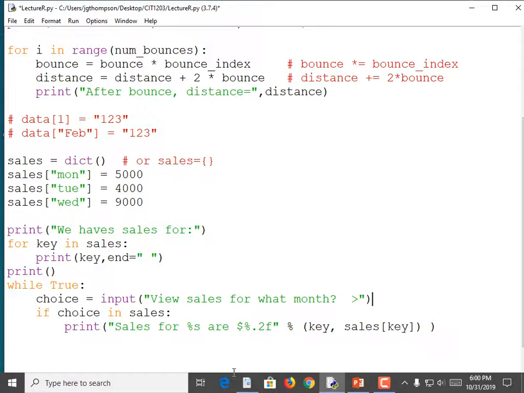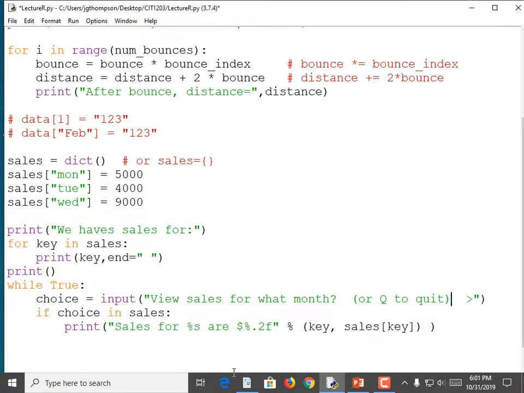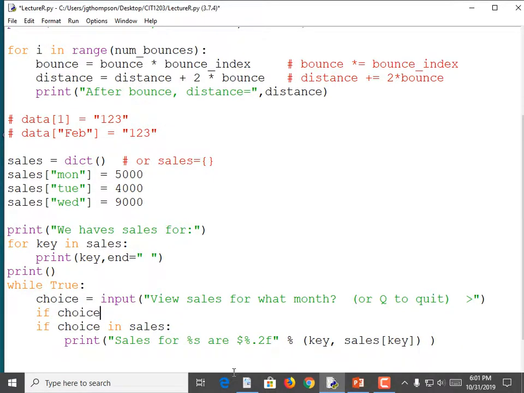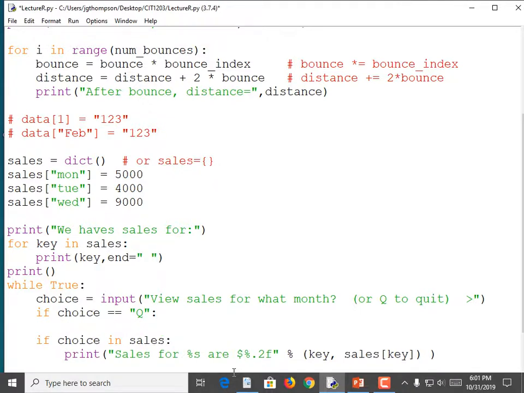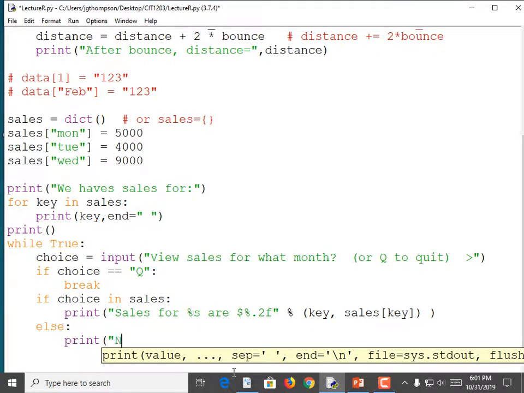Now I didn't say enter sales for what month or Q to quit. So I'm adding that now, or Q to quit. And then as soon as we get our choice, if choice equals quote Q end quote, then let's just break out of the loop. All right, but if it wasn't in there, we better tell them that. Else colon print, no sales recorded for